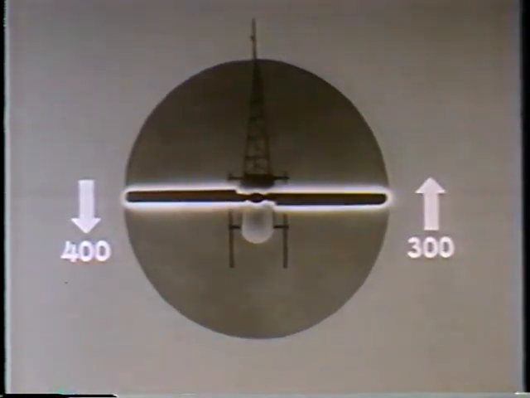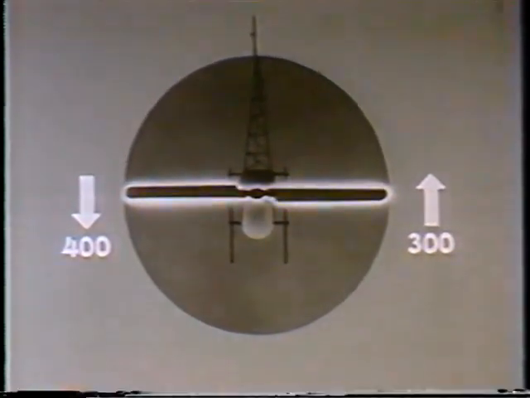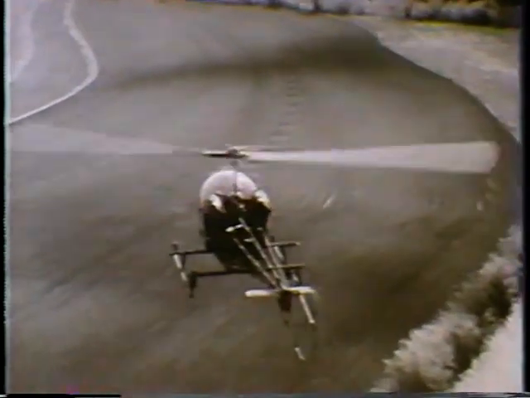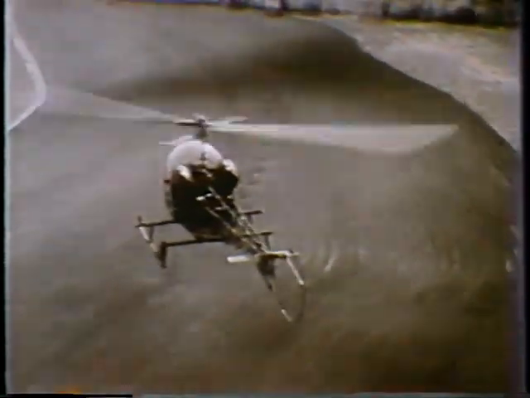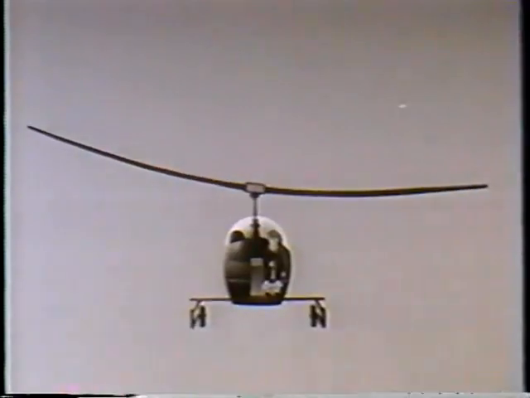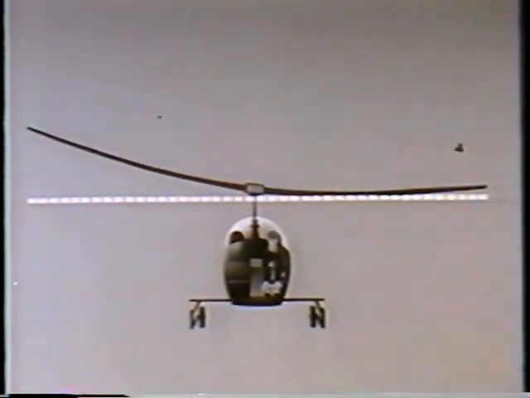And this dissymmetry of lift, if nothing were done to counteract it, would soon result in the helicopter turning over on its back. In order to prevent this from happening, some means must be employed which will permit the advancing blade and the retreating blade to produce equal amounts of lift. In most modern helicopters, this is accomplished by flapping. The advancing blade is allowed to flap up, while the retreating blade is allowed to flap down without changing pitch